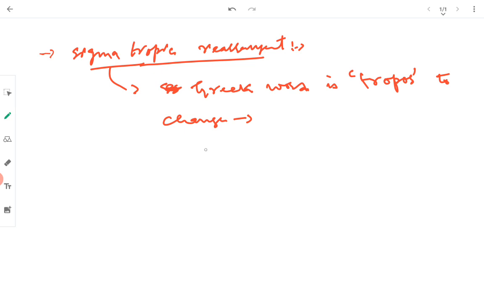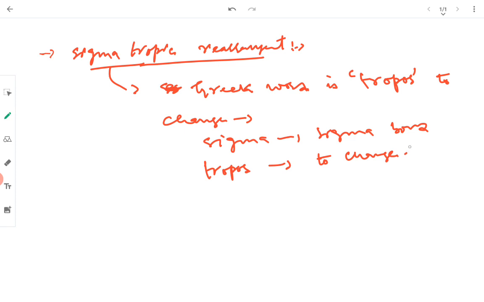So sigmatropic means sigma bond, and tropos means to change, means it changes its position from one location to another location, that you have seen in the previous examples I quoted to you. Regarding this sigma bond,